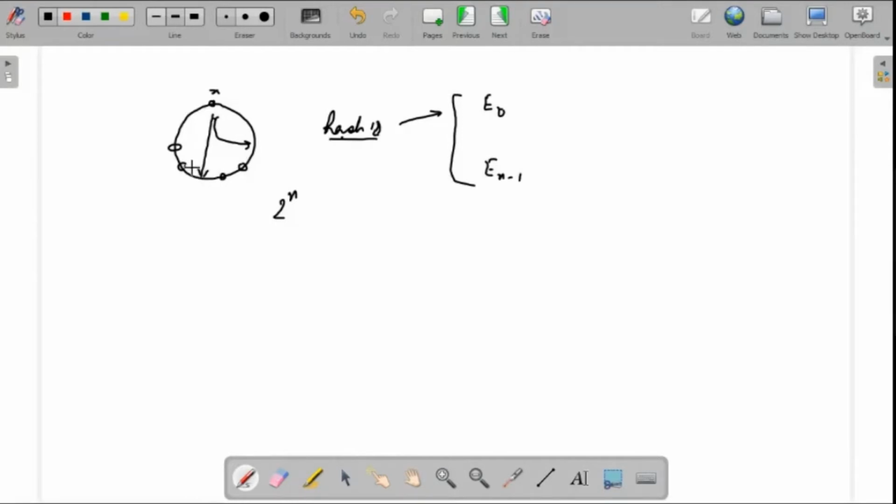So if it turns out that I am closest to this particular entry, these are my entries which I am going to maintain in the finger table. Now this one is not in the finger table. So this one is not in the finger table. So in this case, what will happen? If my hash ID happens to be somewhere here,